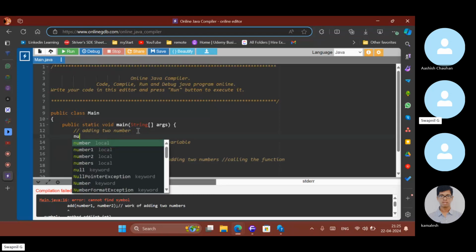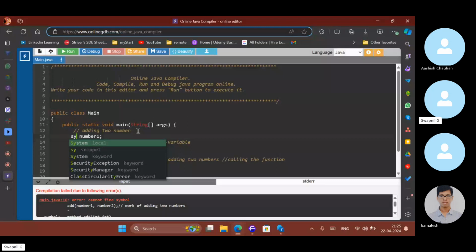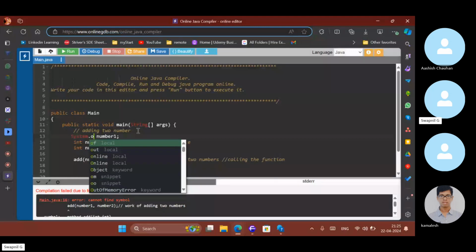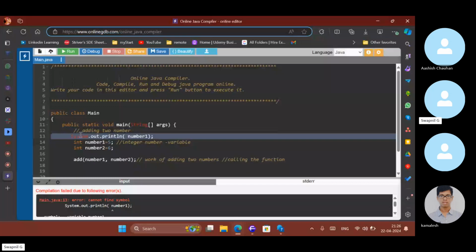If you want to check the value of number one, using System.out.println, and you try to print number one before declaring it, do you see any value? It says error. Why? Because to use a variable, you need to declare it first.